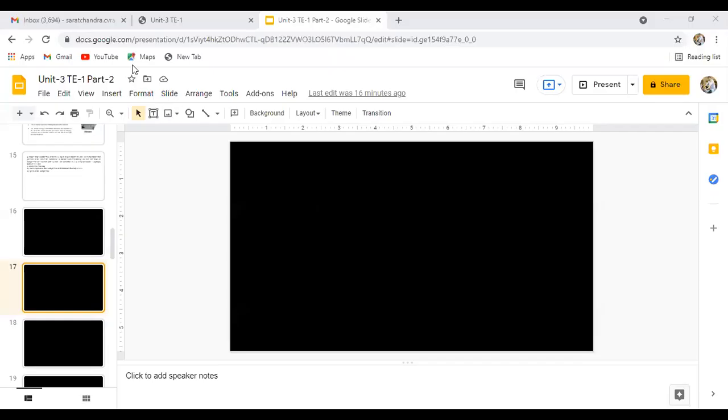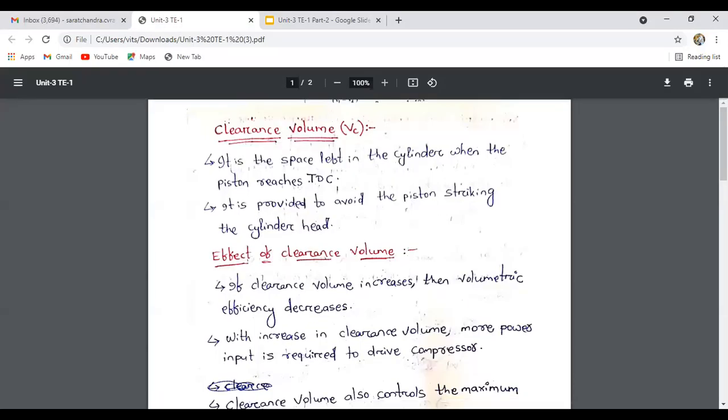So now we are going to proceed with our next topic. What I told, we are just going to discuss clearance volume. Before starting clearance volume, first I would like to tell you what you mean by clearance volume. Okay. And in the engine cylinder, which one is clearance volume and which one is swept volume. Then we are going to discuss the effect of clearance volume, and we will do one small derivation related to this. Okay.